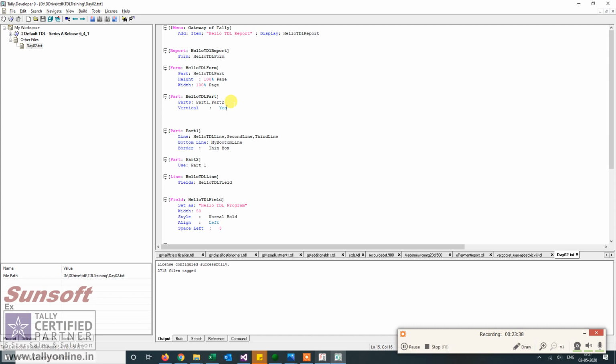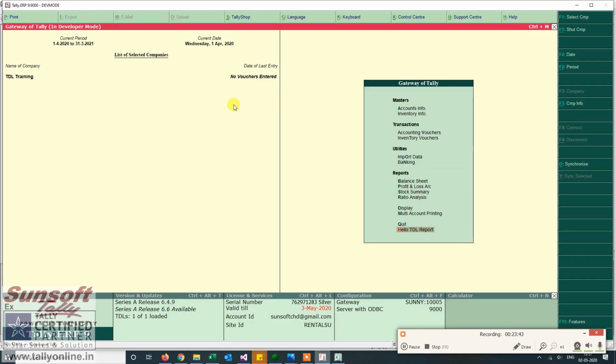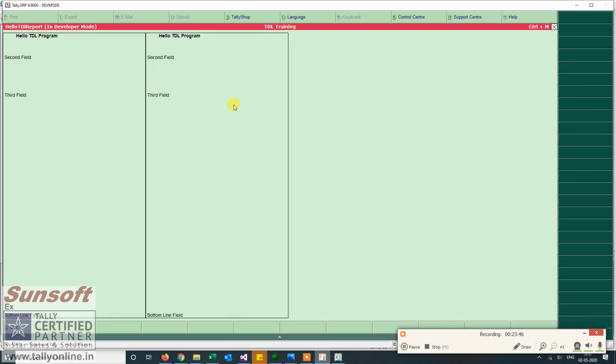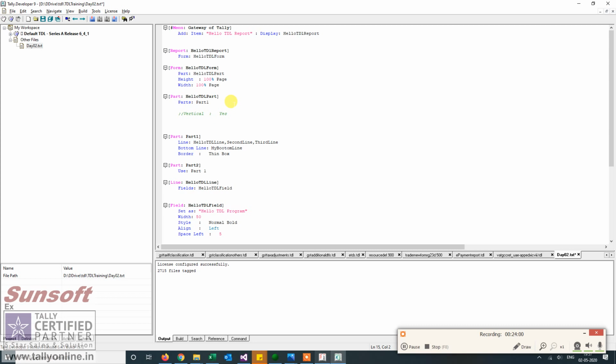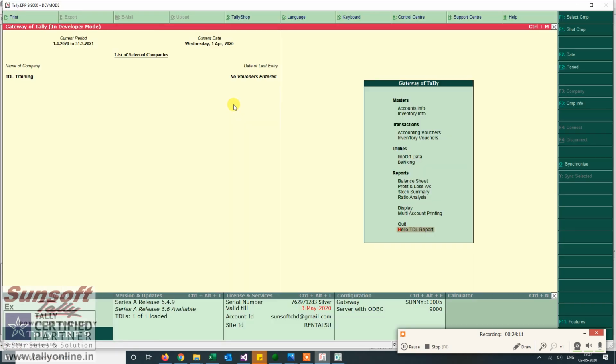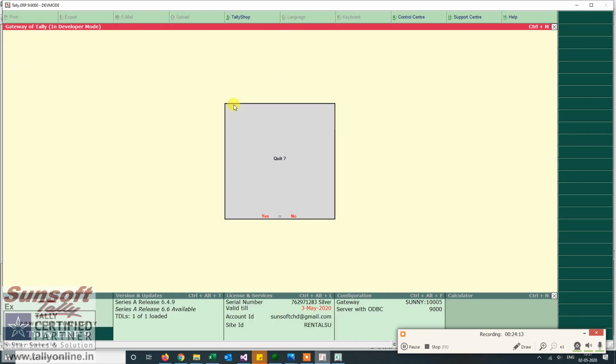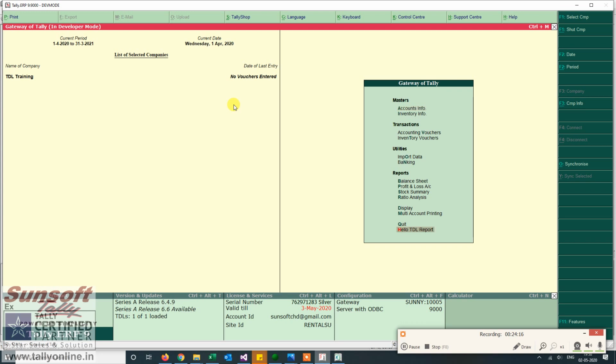Now I remove the vertical part and I'm commenting it right now. Let us see what is the impact. So I have two parts. One part is finishing, the second part is starting, and they are coming as horizontal. Now there is a special part which is called a right part. So the right part will be aligned to the right of the screen. Whatever is the size of the form, it will be towards the right of it. So now my part 2 is on the right hand side of the form.